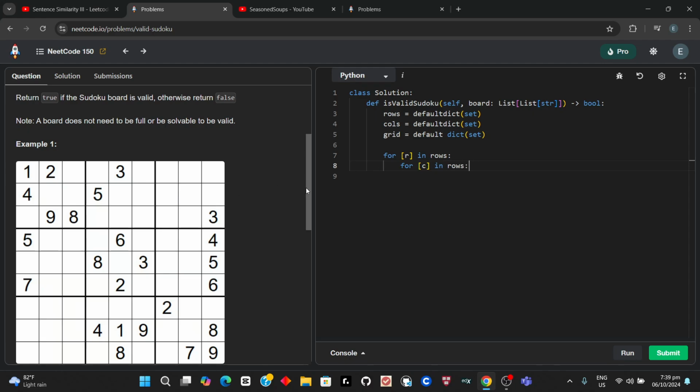If you're confused on what this is, it's basically checking each row in rows. So this is 0, 1, 2, 3, 4, 5, 6, 7, 8, and then it's gonna have an appending of the c. So it's gonna be 0,0; 0,1; 0,2; 0,3; 0,4; 0,5; 0,6; 0,7; 0,8, and the c is 8. Just so you know, this is a row, this is a column. So this is 1,0; 1,1; 1,2; 1,3; 1,4; 1,5; 1,6; 1,7; 1,8. So it's basically